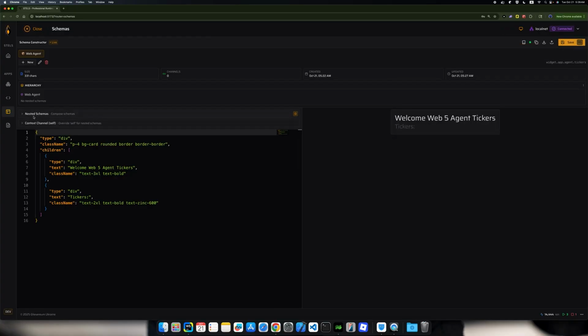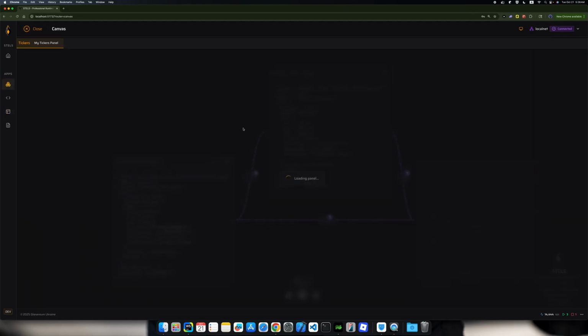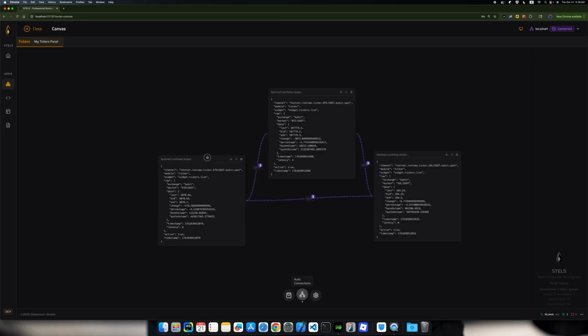Below that, we have compose schemes, nested components that can be reused inside other schemes. You can also set up a main data context, and here you'll see all your channels. Let's save this so we don't lose progress and switch over here, where we have our 3 workers, our 3 contracts,